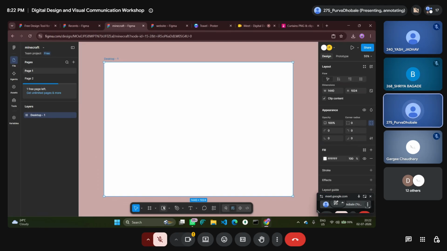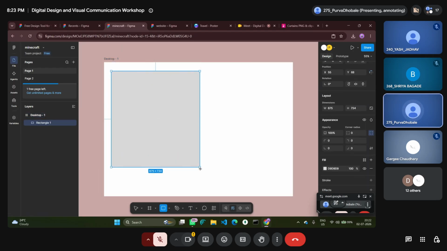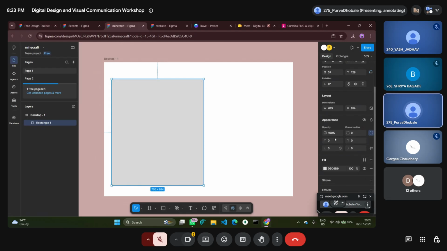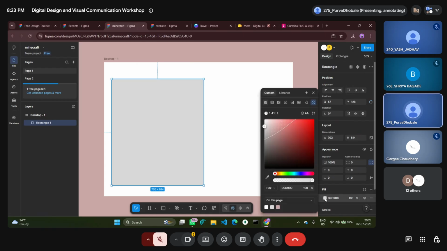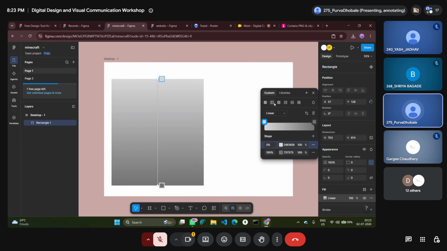To add a photo, I'll first create a square for it. Say for example, I created this. Now we'll scroll down here. We get a fill option here. In fill, you can fill colors to it. You can add any color you want, or there are many features.